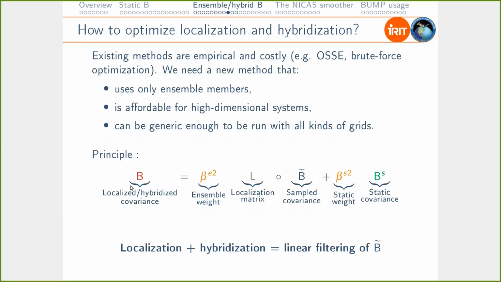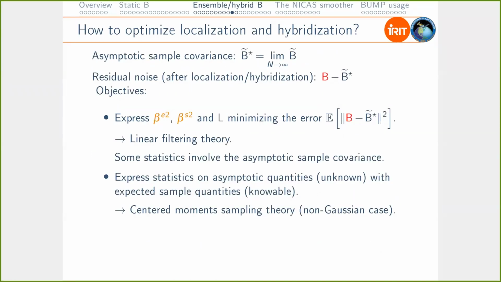And so the principle is to see this hybrid covariance matrix as a filtering process, a linear filtering process. Basically, we have the ensemble weight and the localization weight that are like a factor applied to the sampled covariance, plus the static term, which is kind of an offset. And so both these operations can be looked at as linear filtering applied on the static and the sample B tilde. And so if it's a linear filtering, we can use the linear filtering theory to estimate the optimal